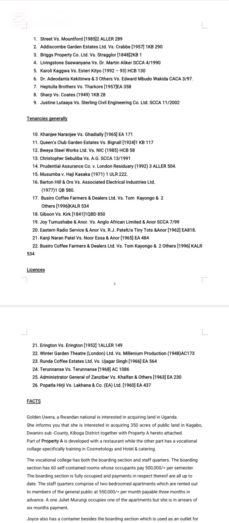Then on tenancies generally, we shall look at the case of Wear Steelwork Limited versus NIC. It discusses different types of tenancies, to include tenancy by sufferance. Tenancy by sufferance: if you are staying in a building and your lease has expired, you become a tenant by sufferance. We shall also look at periodic tenants, who pay periodic rent. It could be for a month, for a year, or quarterly.